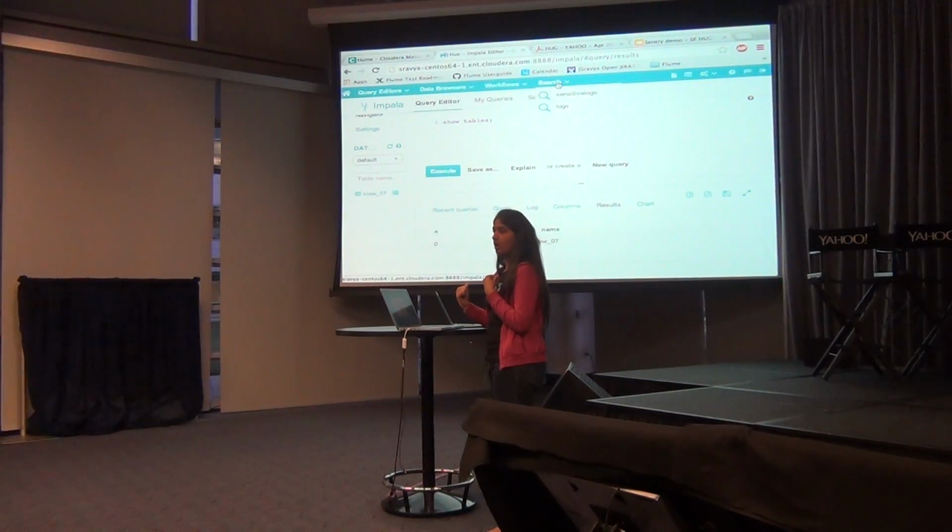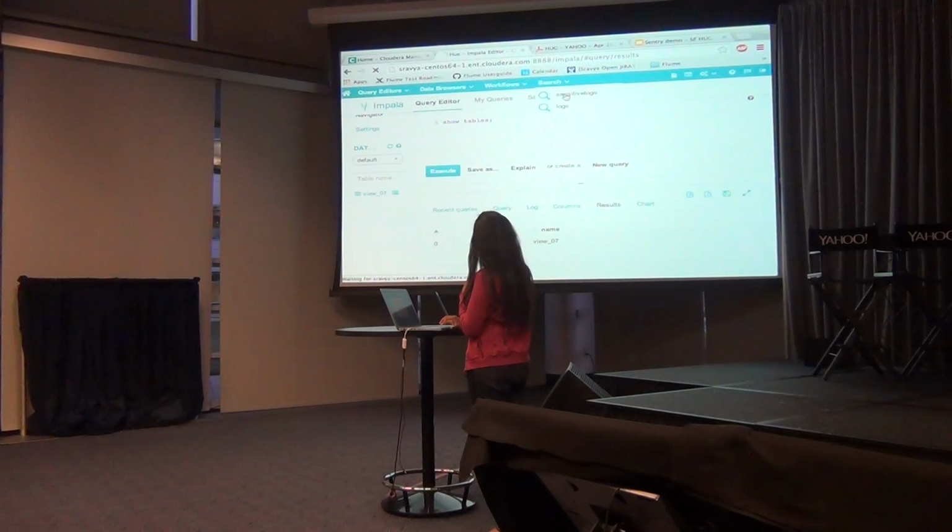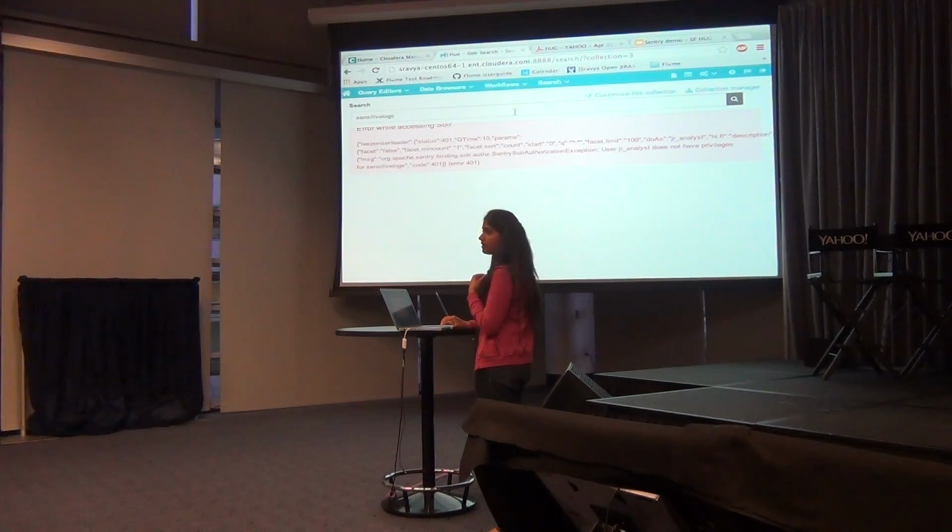We gave permissions on logs collection, but not sensitive logs collection, for this user. So if you try to access sensitive logs, Sentry will